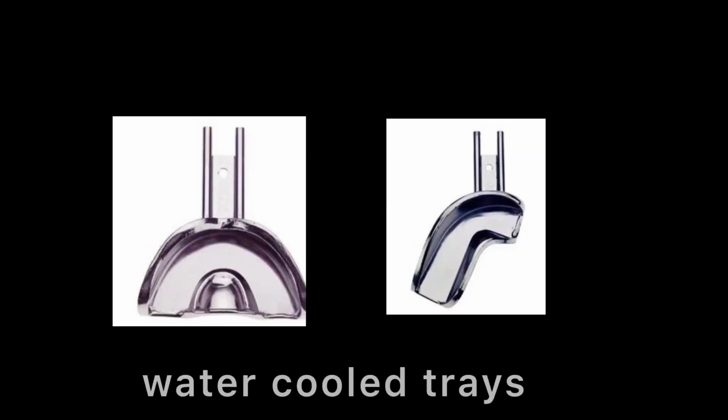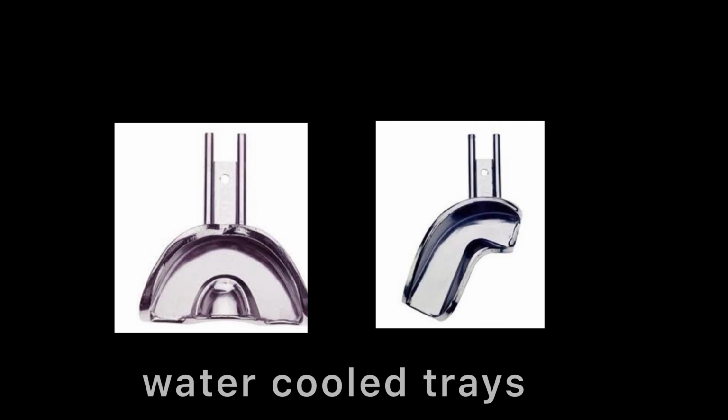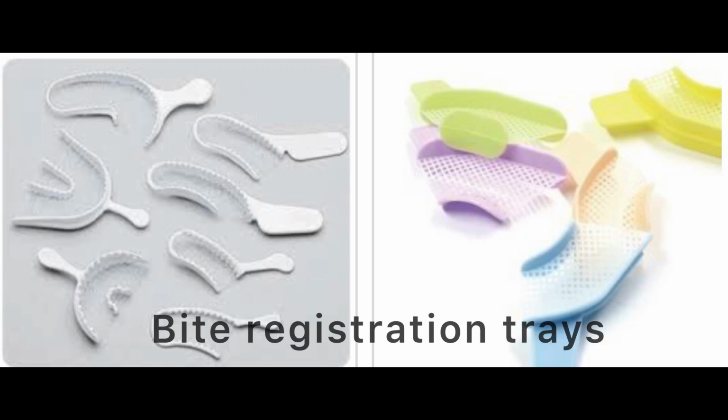So, my dears, so far you have seen some of the trays commonly used in clinical practice, but before I wind up, let me take you through some special types which are very much a part of prosthodontics. These are water-cooled impression trays which are used along with reversible hydrocolloid material, that is agar-agar. Once the material is placed in the tray and the impression is being carried out, water can be pumped through the interior lining of the tray in order to cool it, and the impression material sets when the temperature drops. These are bite registration trays used along with bite registration paste.